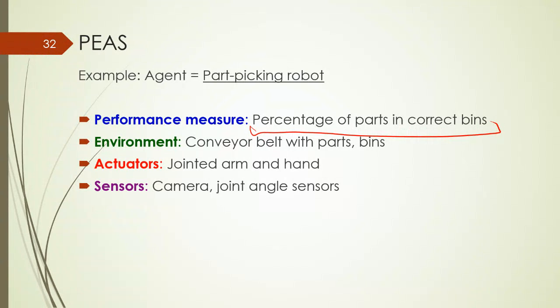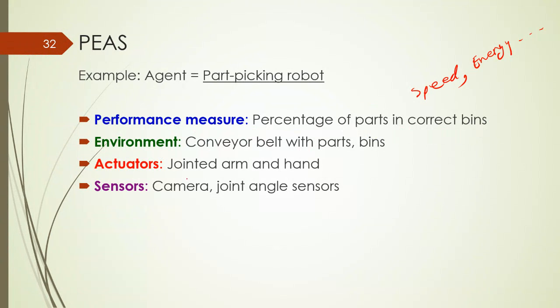You can define both, or you can also add speed, or how much energy, like any other worker. Also for environment, it will be conveyor belt, parts, bins, and probably other robots or humans working close